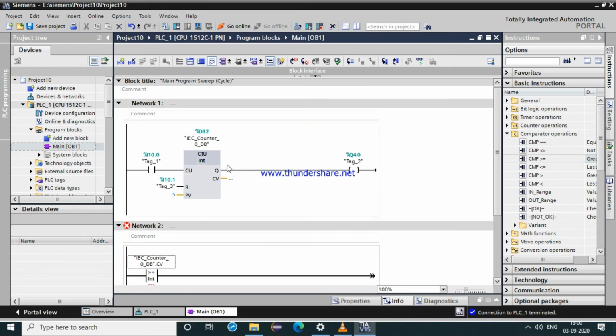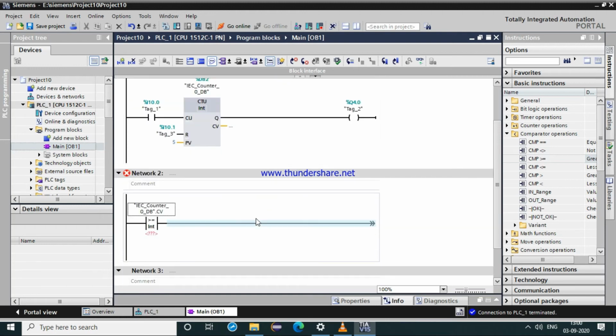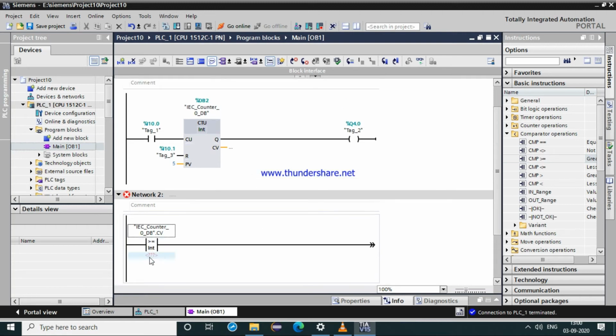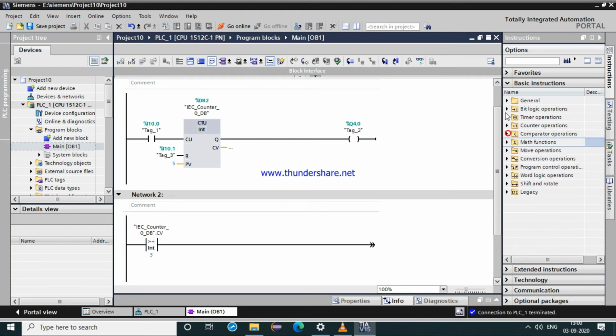The times you press will be given to the CV. So the current value, when it reaches 3 while operating this counter, this operation will perform. That is, this will get connected and you will get one output.